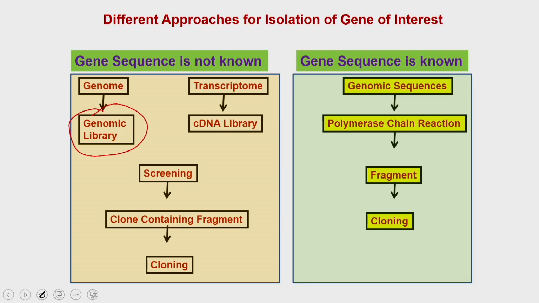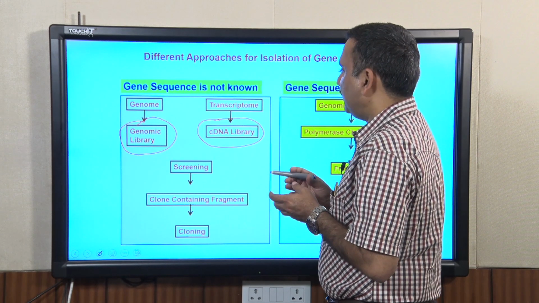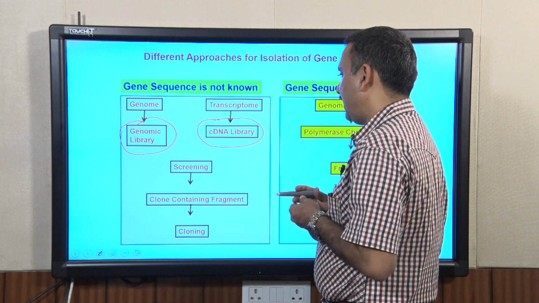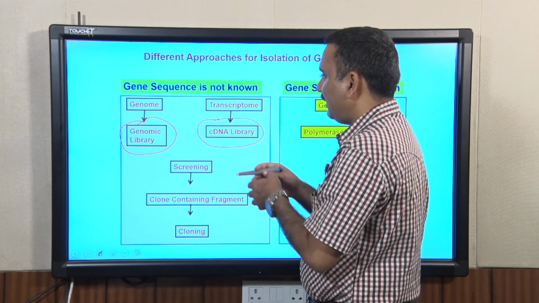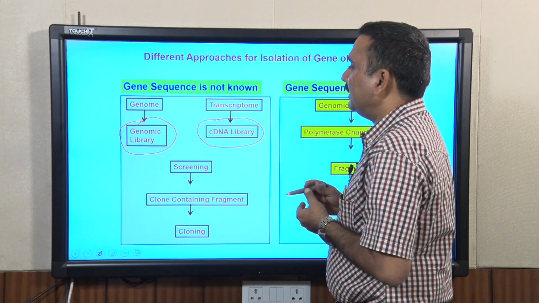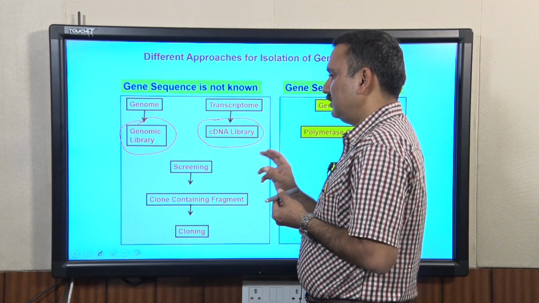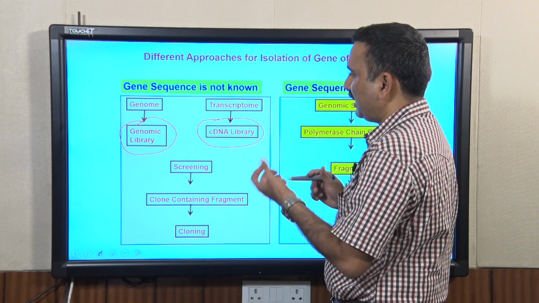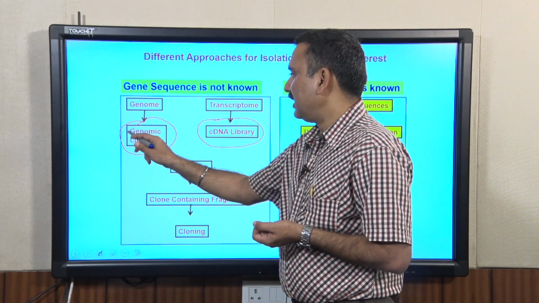Similarly, for the cDNA library, we discussed how to isolate the RNA from the mammalian cells, and then how to prepare the cDNA. We discussed different methods of preparing the cDNA, and how to integrate this cDNA into the vectors or the carrying molecules, and at the end how to transform the construct into the suitable host, and then ultimately you are going to get either the genomic library or the cDNA library.